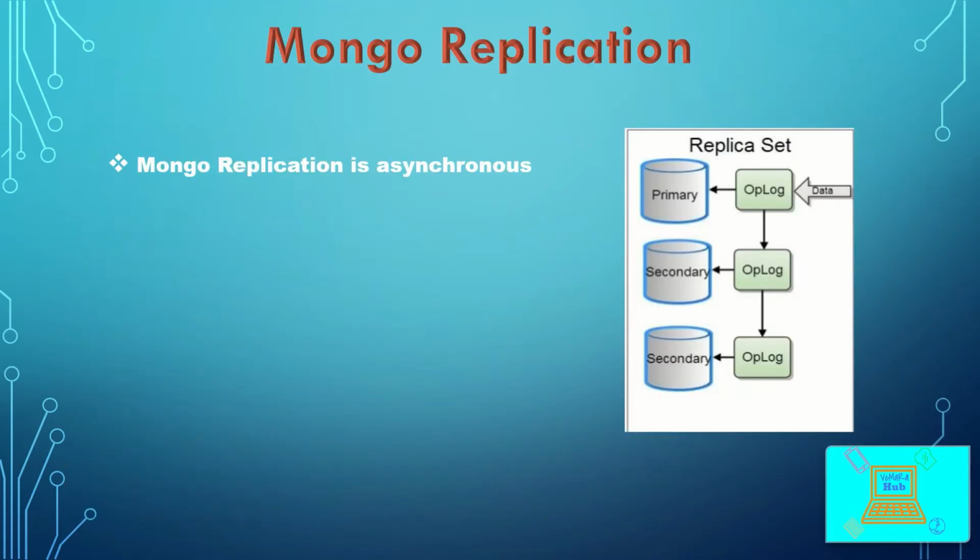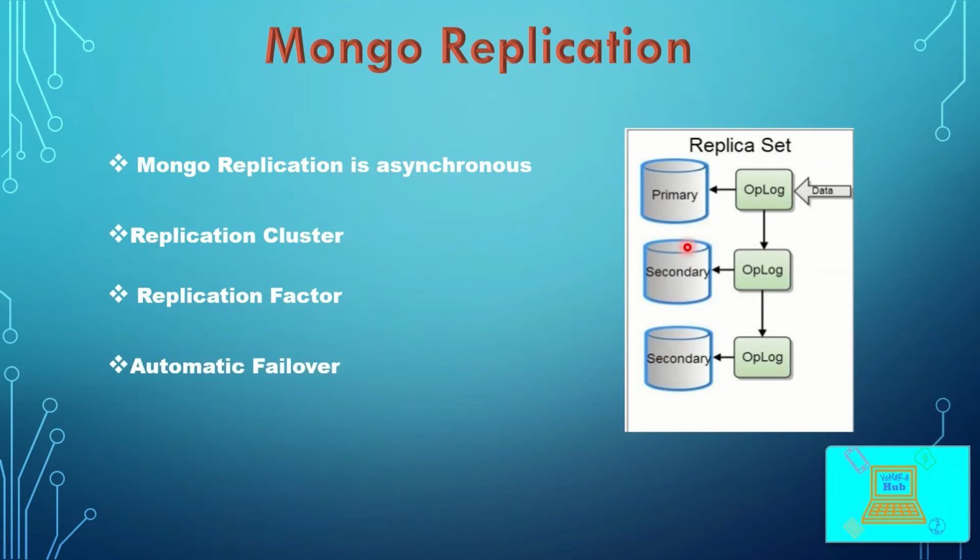So the Mongo replication is actually an asynchronous replication. That means the data from the primary is not written to the secondaries in real time. The term replication cluster refers to all the nodes in the replication combined. In this case, this primary and these two secondaries will be collectively called a replication cluster. The replication factor refers to the number of nodes involved in the replication. So in this example, you can see 3 nodes are involved in replication. So the replication factor is 3.